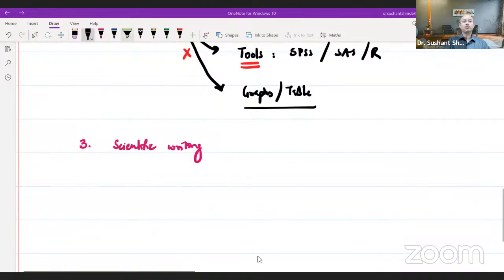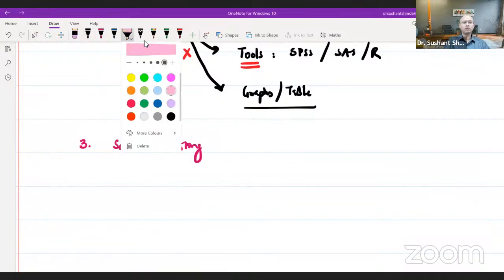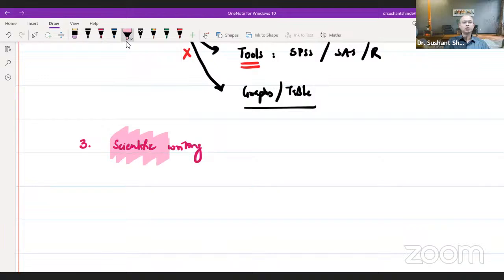Coming to the last part of what you need to know if you want to become better at research, you need to know scientific writing. Now, within this there are many things, but what we will focus on is an overview of what you need to know for manuscript writing. When you want to start writing for the first time, what do you need to know? Right? How do you start writing? Which journal do you apply for? What formats do you follow? And so on and so forth. How do you do the referencing of your article, and so on?